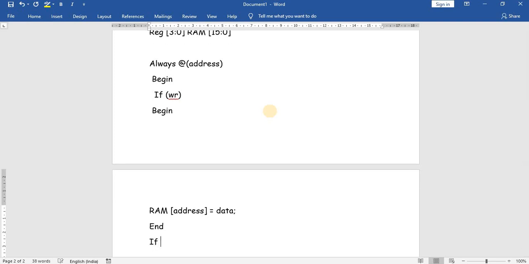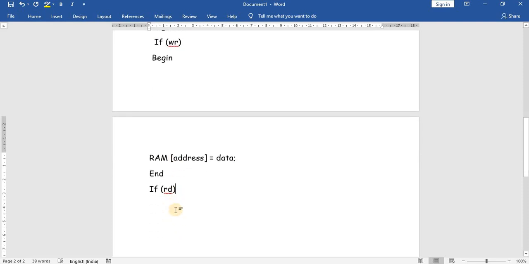If read operation happens. At first we have written for the write operation. If write is equal to 1, then we will write a new data into an address. If read is equal to 1, then begin out is equal to RAM of address.